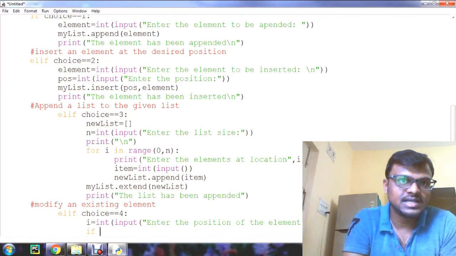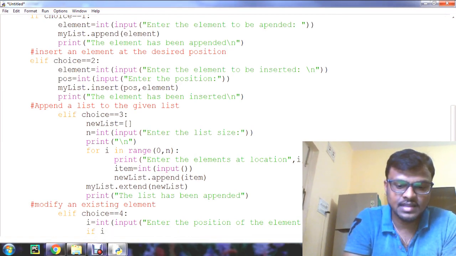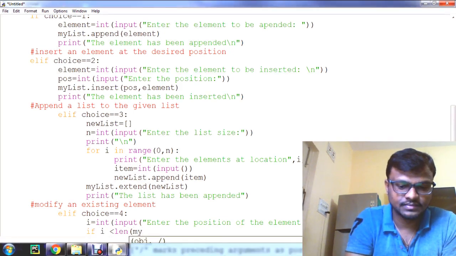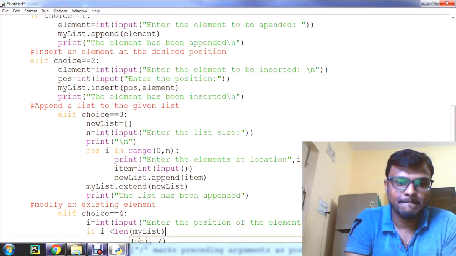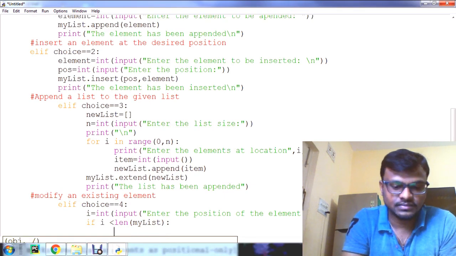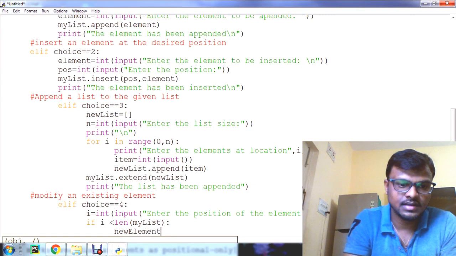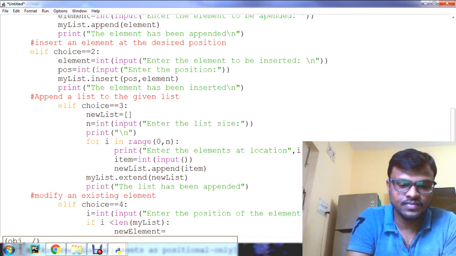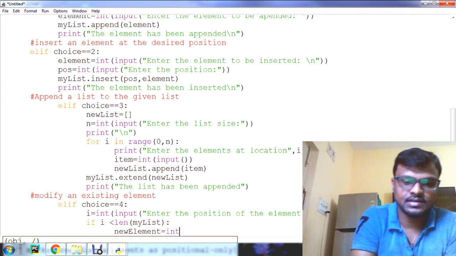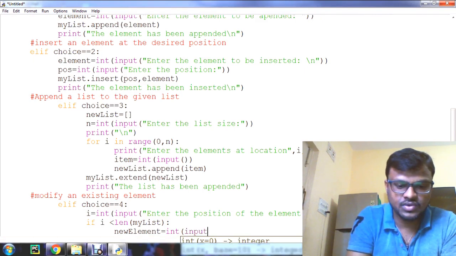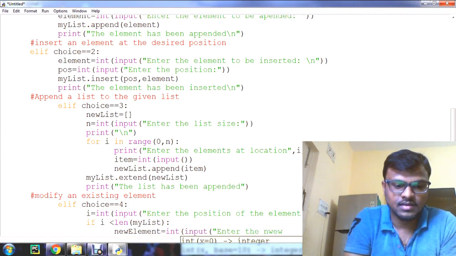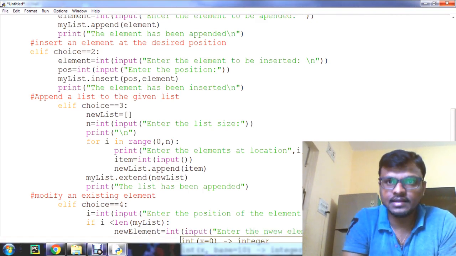Now I need to check some condition. If i is less than len of my list, then I need to create a new element. New element is equal to int of input: enter the new element.